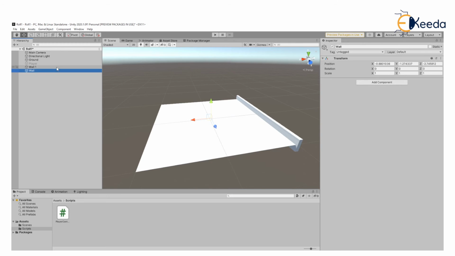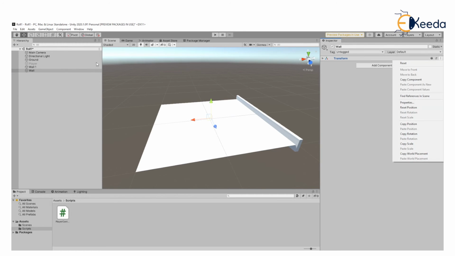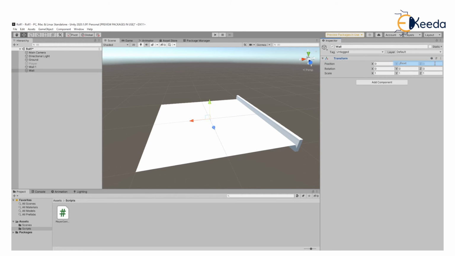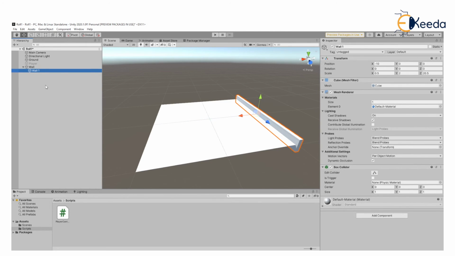Again, make sure the empty object is also at the origin. It's at the origin. And then what you can do is simply drag and drop this wall into this empty game object, so it becomes a child of the empty wall game object. Now I want to just duplicate this wall and put it on the opposite side. So I'll use Control D,